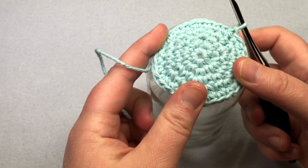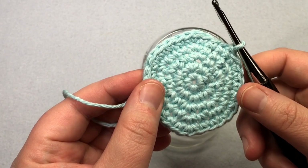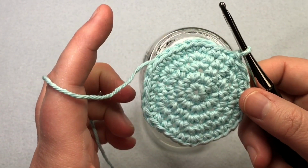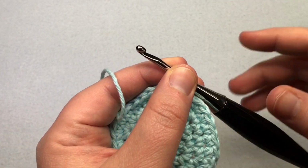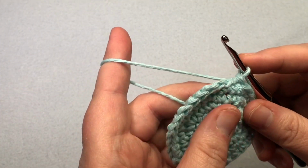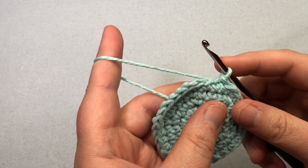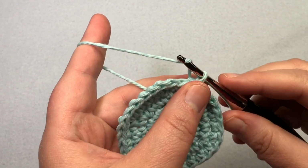If you find that you need something wider, then jump to the instructions for the large version. Basically, it's going to have you increase till you have about 42 stitches. So let's move on, and this is the same for the small or the medium. Same instructions here. We're going to work base to the end of the 5th round, which we just did, and then for the 6th round you want to chain 1